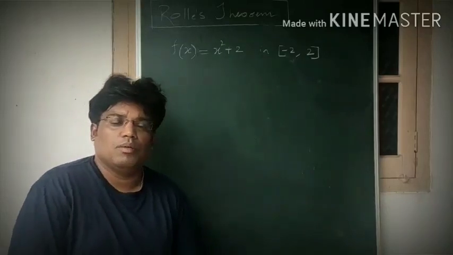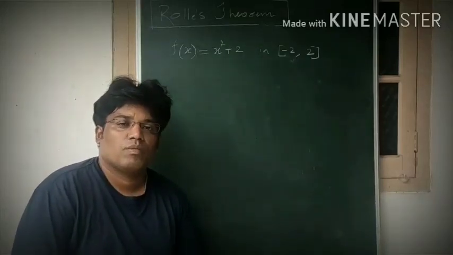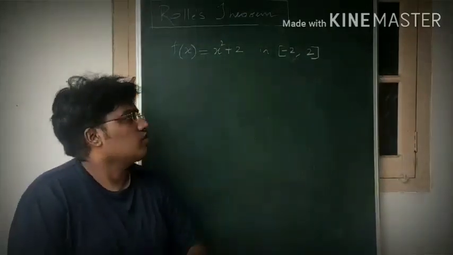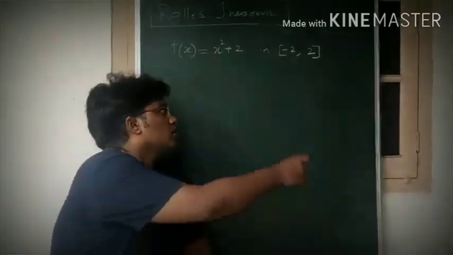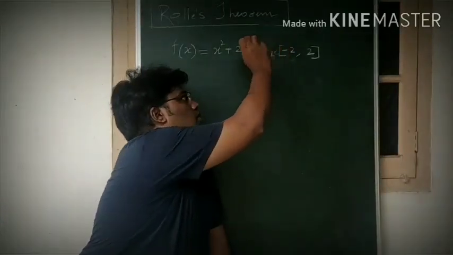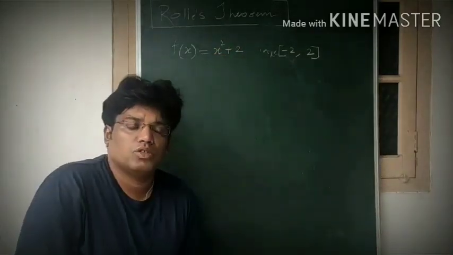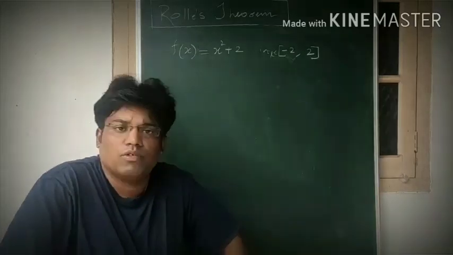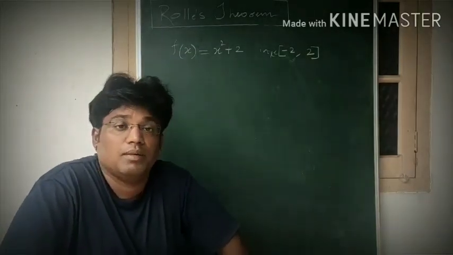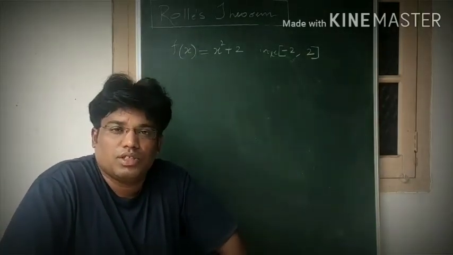Look at this problem. f of x equal to x square plus 2, and x belongs to the closed interval minus 2 comma plus 2. We have to verify Rolle's theorem for this. That's the question. This is of 3 marks. So the 3 important steps are: